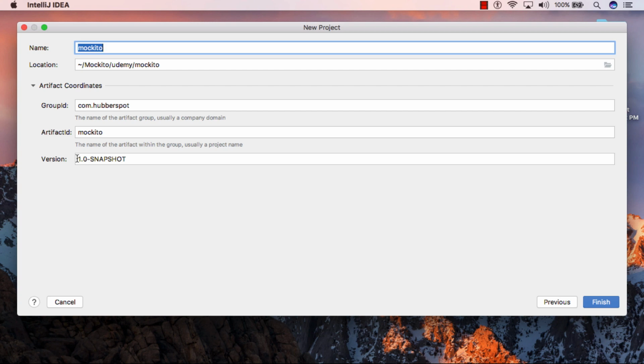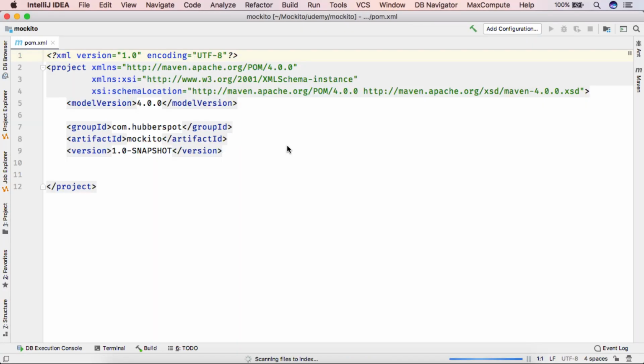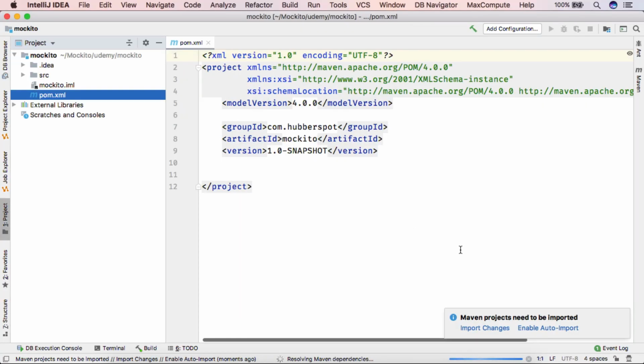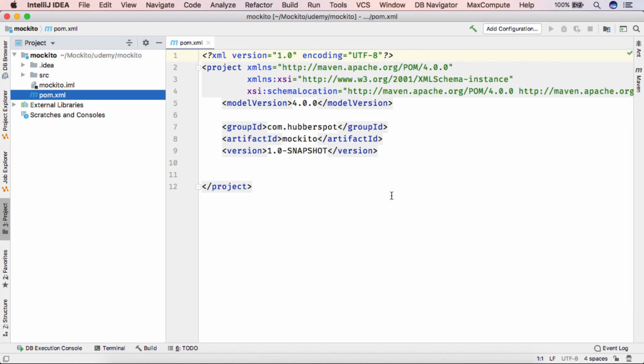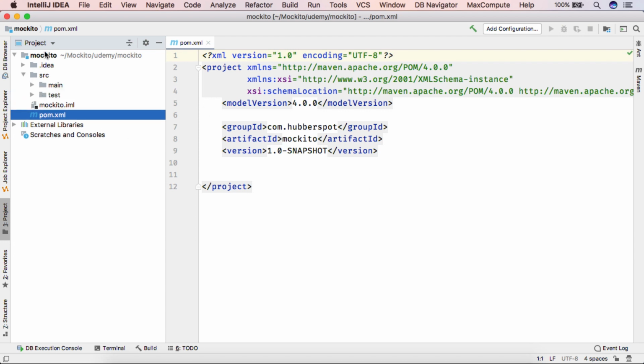And let's say I give the version as 1.0 snapshot. So I'll click finish. We'll import the Maven project changes. So friends, here you can see that a Maven project is created